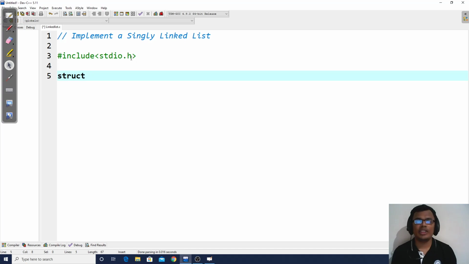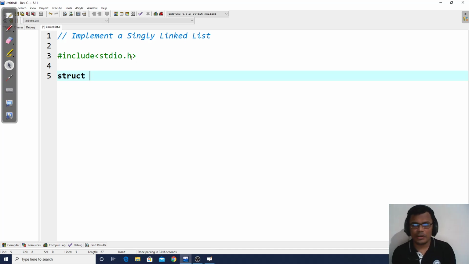Now I am creating this structure as a global variable, because this program I am going to implement with the concept of function, because we are going to see a lot of operations, right? As we have seen operations for stack and queue. If you remember, for stack we saw 3 operations, that is push, pop, and traverse. For queue we have seen again 3 operations, that is enqueue, dequeue, and traverse. In linked list we are going to see total 7 different operations, right?